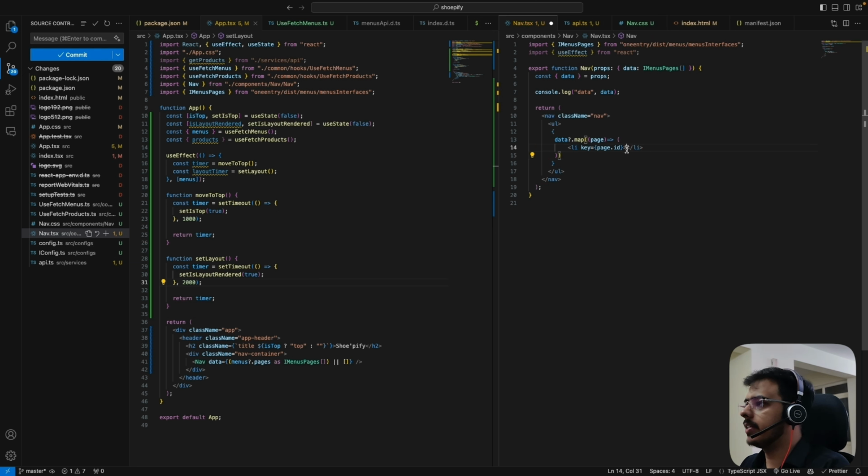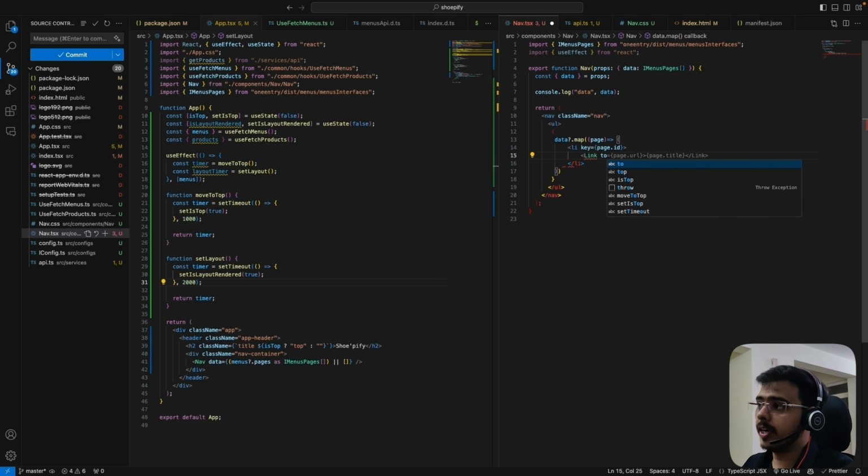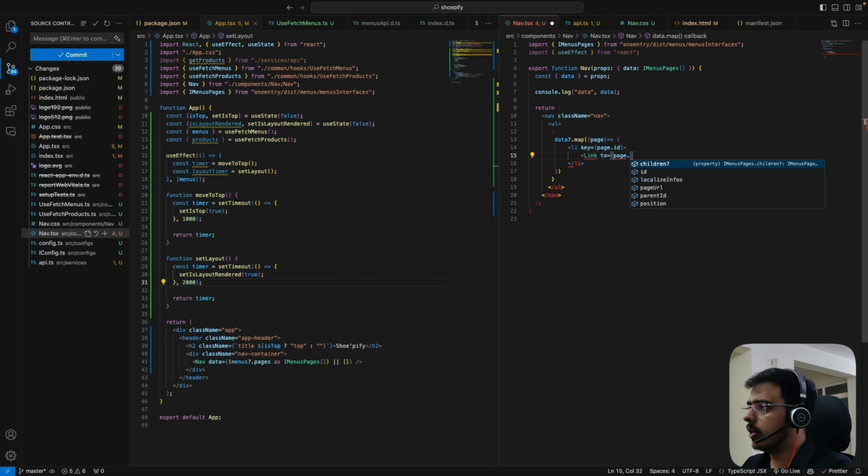The list element would have a link element with a to parameter which is the redirect to the path when we click on it, and we would say page.pageURL, which is from the API as we saw earlier,